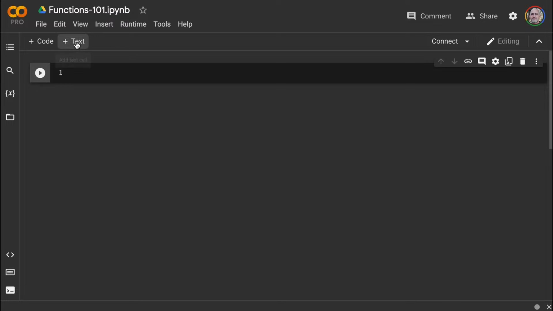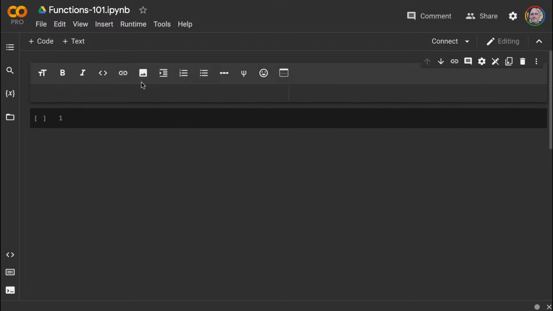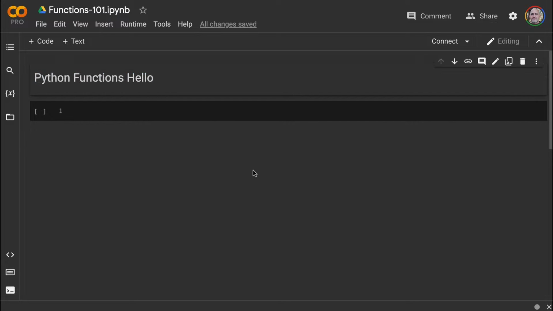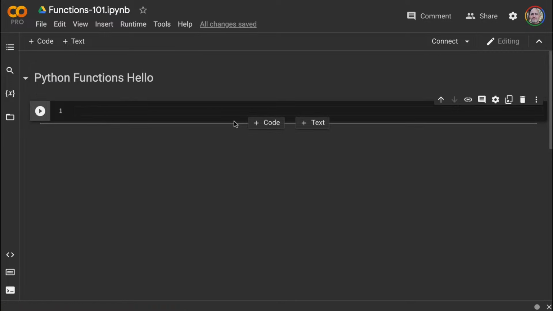And so what I'll do here is I'll put a block that says, for example, Python functions, hello, and then if I do a return, we can actually see that it's going to show up in this table of contents. So if I was going to build a hello world function, the simplest one would just be this: we could just do hello and pass, right?